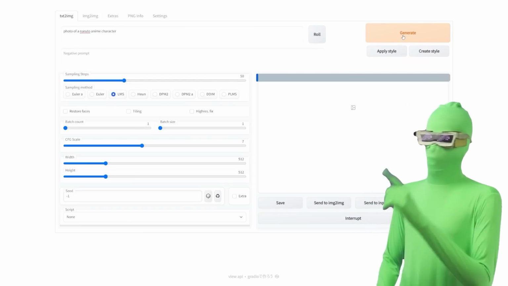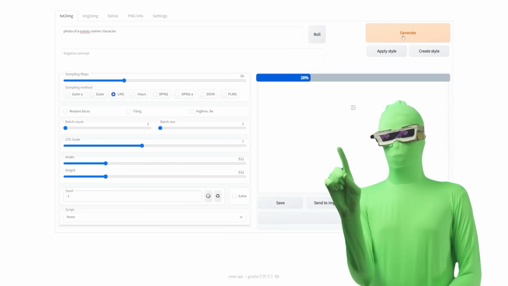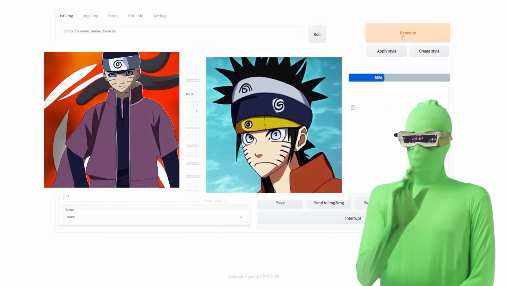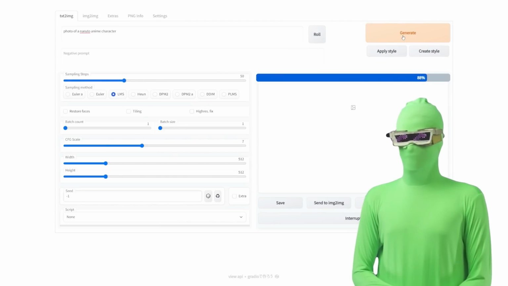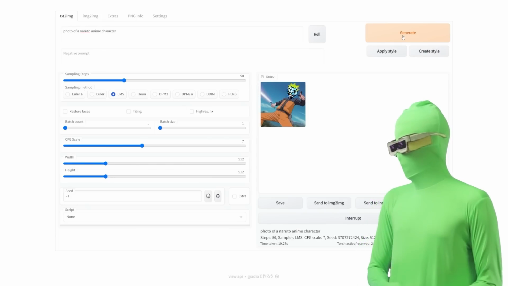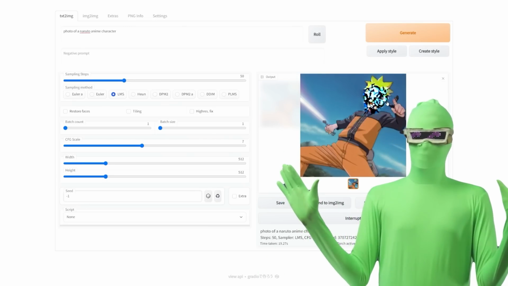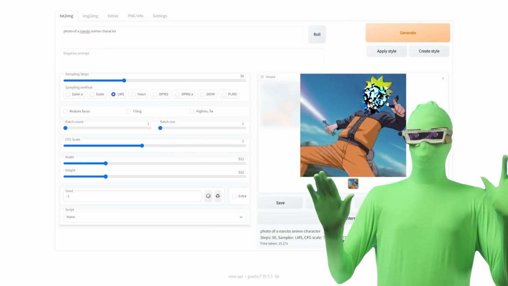Let's go. Oh, I probably should show you images of what Naruto looked like on the old model. If you look at these here, this is what it looked like. You can clearly see it's pretty sketchy, definitely like pseudo Naruto. So, first image. Okay, so obviously, looking at this, way better than the other one, right?